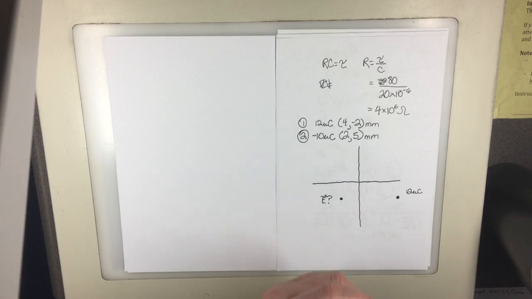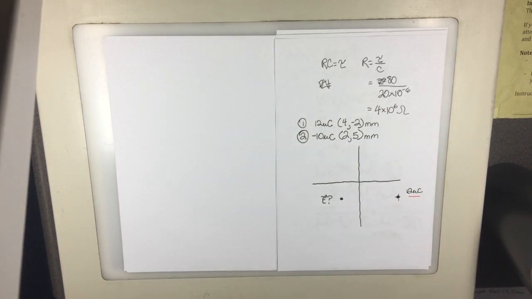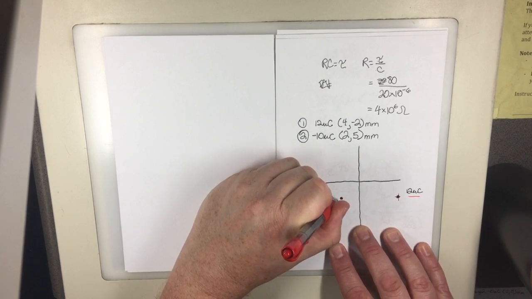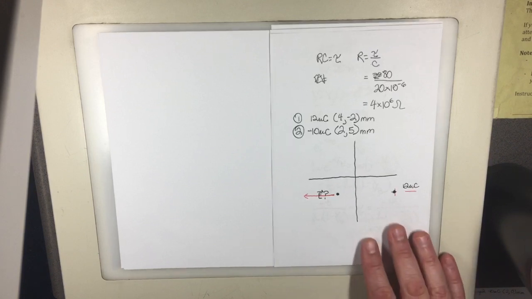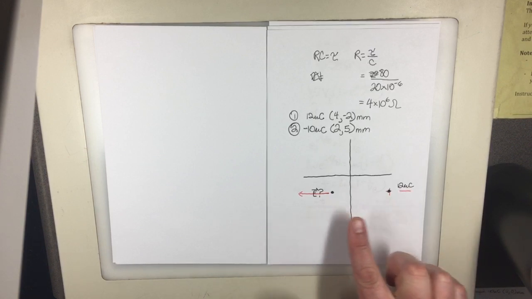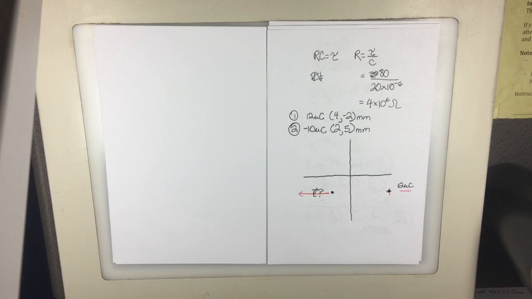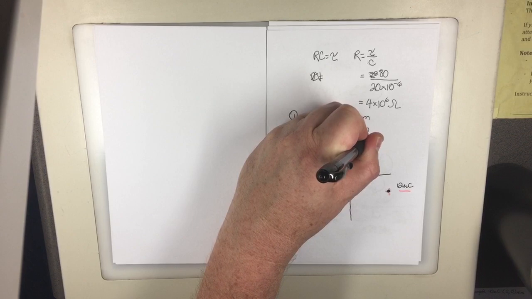Positive charges I will label in red. If this is a positive charge, the electric field radiates outward, which means at this particular point, the electric field goes in that direction. That's going to be the instant conversion vector of the two, because they both have the same y coordinate, -2. 2, 5 is up here,